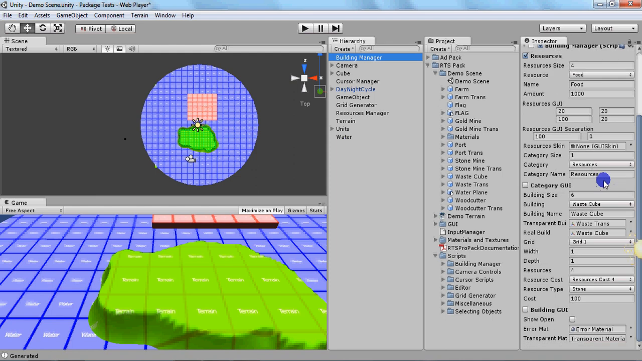This has a lot of options that I'm probably not going to have time for, so I'm just going to go through them fast. You have the resources, the name of the resource, the amount, and all the resource GUI options, all the category options, what building you want, the transparent version of the building, or the version of the building that does not stay on the ground when you place it, when you're moving it around,